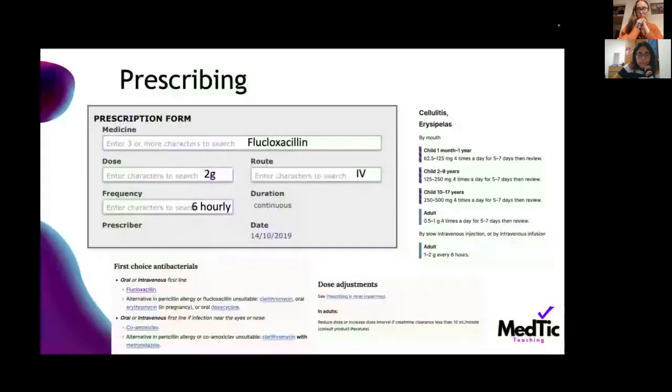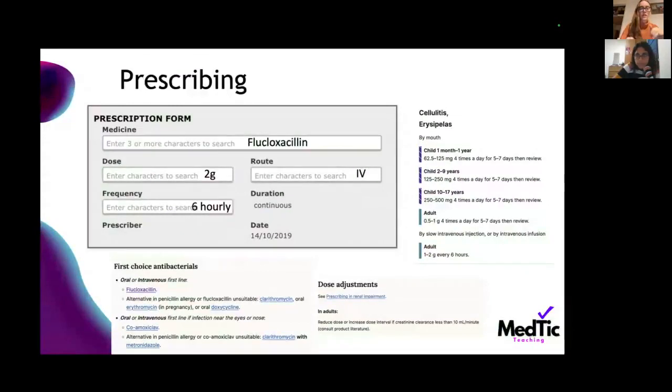So we won't put the question back up because we'd have to go back, but basically it said write a prescription for one IV, so intravenous drug, that is most appropriate to treat the cellulitis. So for those of you that put IV, already we've got the route correct. But if you put flucloxacillin and then you put oral, you'd still get the 5 points for having the right drug. So if we press next,